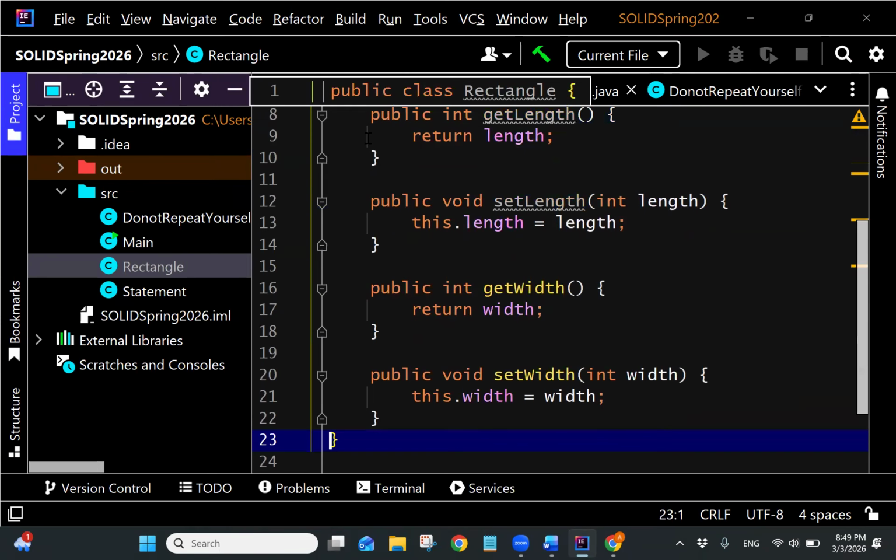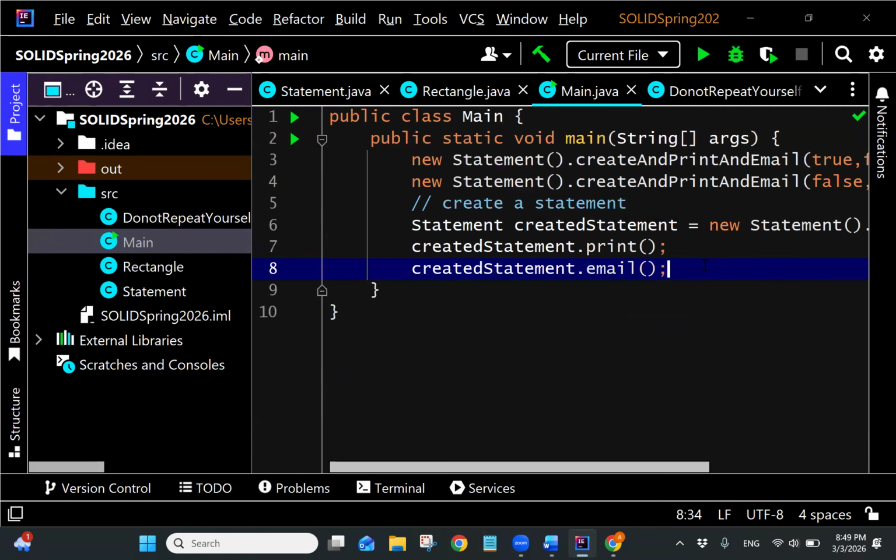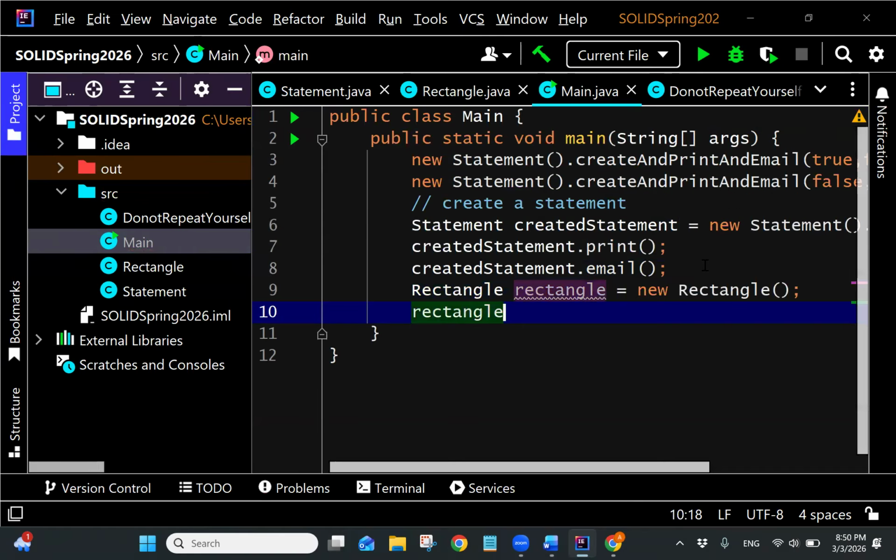Okay, so we could go over here and create a new rectangle, and then we could say rectangle dot set width to be, let's say 5, 4, whatever, and then